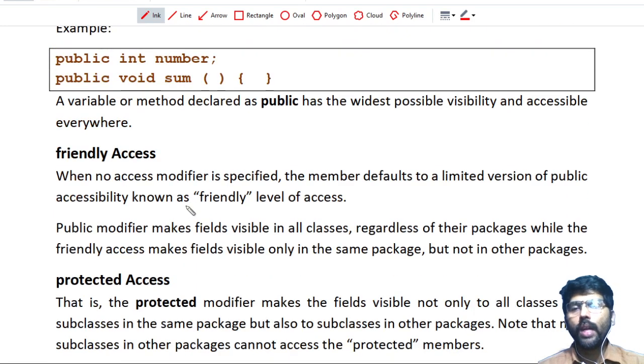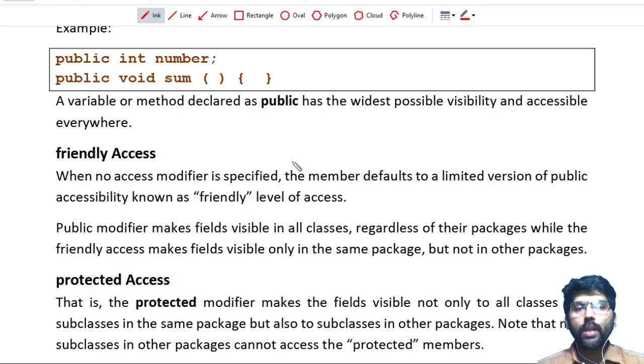Next one is called friendly access. We know that whenever we give the public modifier to any variable, that variable can be modified by all the other classes. It may be within the same package or in a different package.